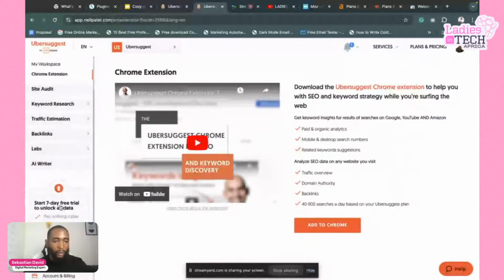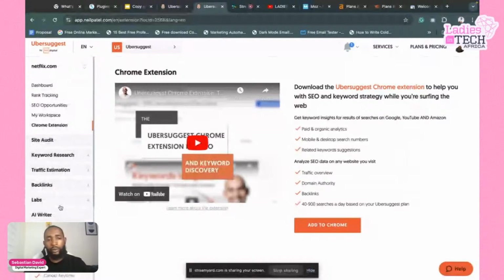So at this point, I believe we've been able to look at some things that you can do in terms of keyword research, in terms of analyzing a website, so you can find out certain areas that you would want to improve on that website. So before I move ahead, let's head over to our notes and take a look at what